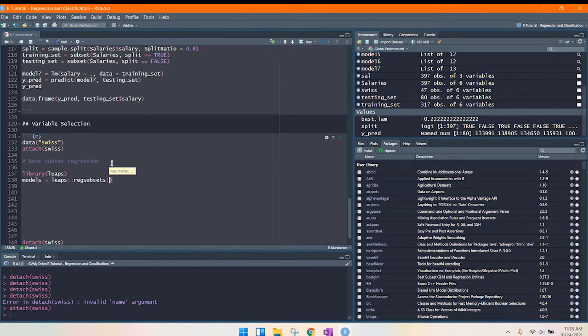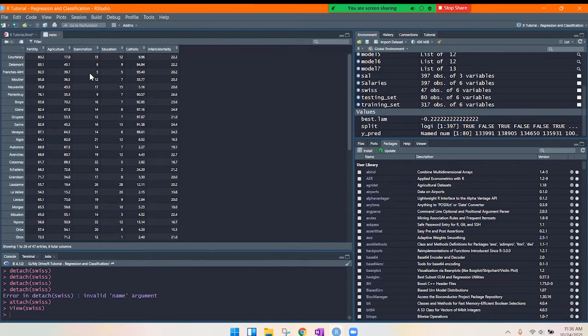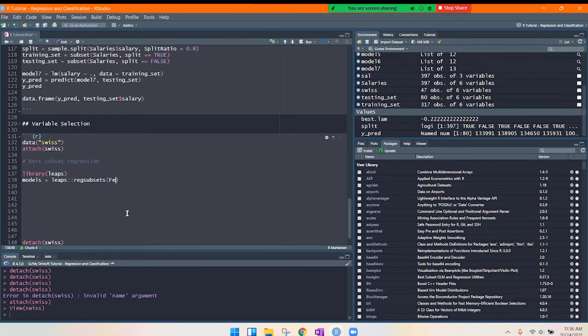This is the function we want, and basically what you do inside that is similar to the LM part. So if you go to Swiss, let's see what we have. Let's say our dependent variable is fertility, and everything else is our independent variables. So we have fertility, dot, and I'm going to use data equals Swiss,